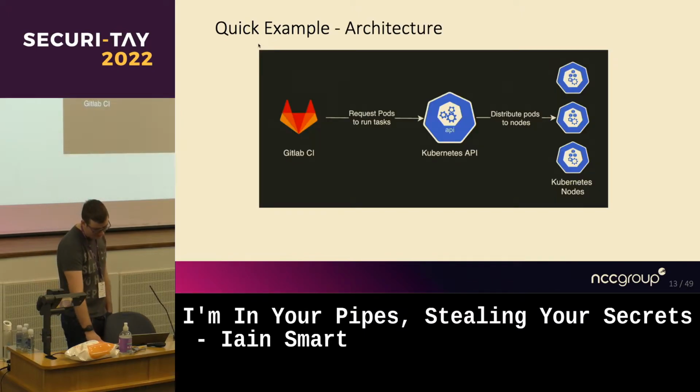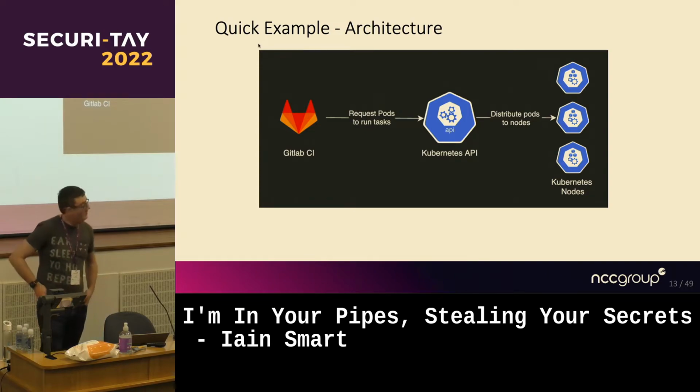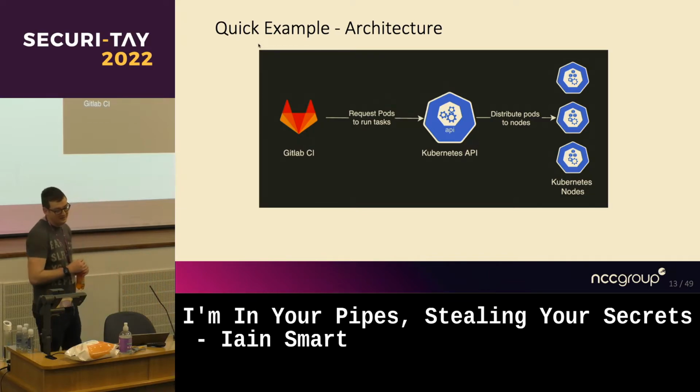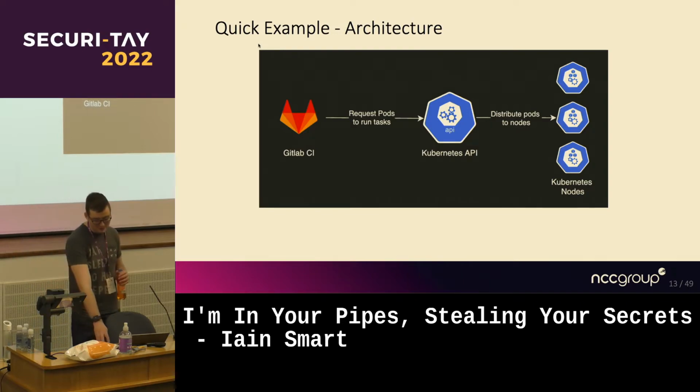So my infrastructure basically looks something like this. You've got GitLab. When I make a request, GitLab's going to go, hey, I would like to make some pods, please. Hello, Kubernetes, please make these pods. Kubernetes is going to do its magic as orchestration layer and go, okay, hello nodes, please run these containers. Nothing too strenuous there, really.